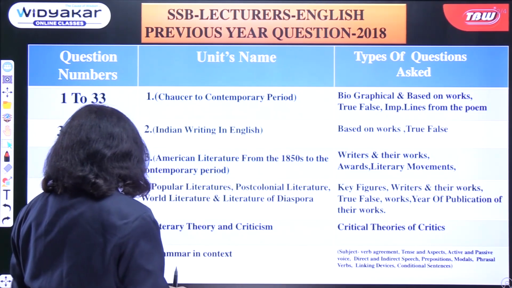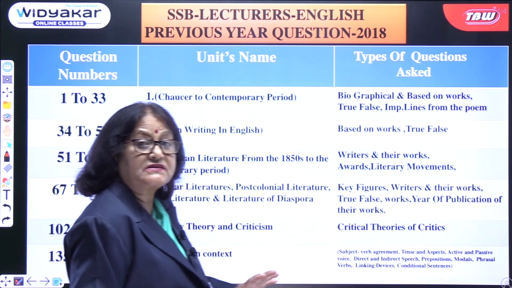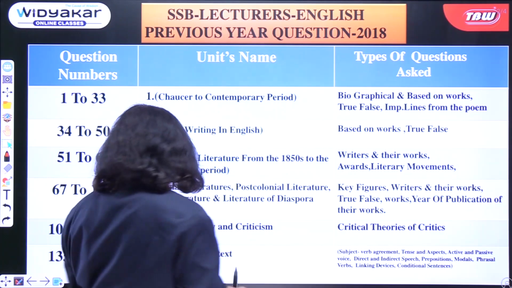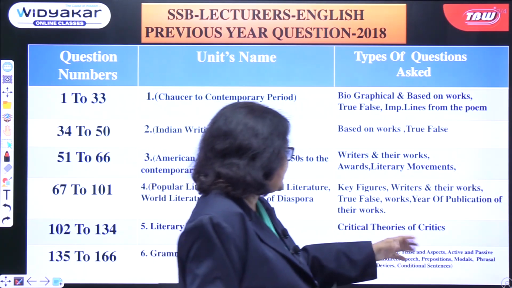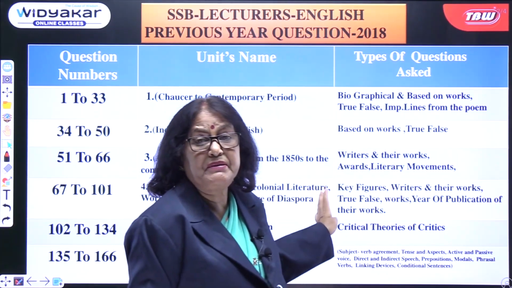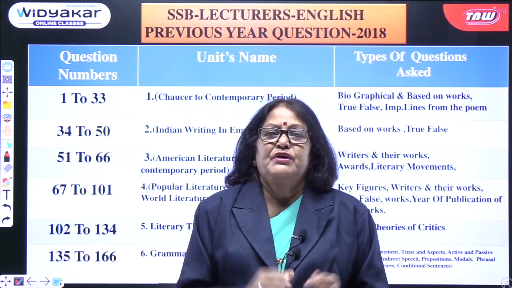From 102 to 134, literary theory and criticism, critical theories of the critics. 135 to 166, grammar in context. Again, there was a lot of grammar: subject verb agreement, tense and aspects, active and passive, modals. So these came in 2018, but overall you have to be thorough